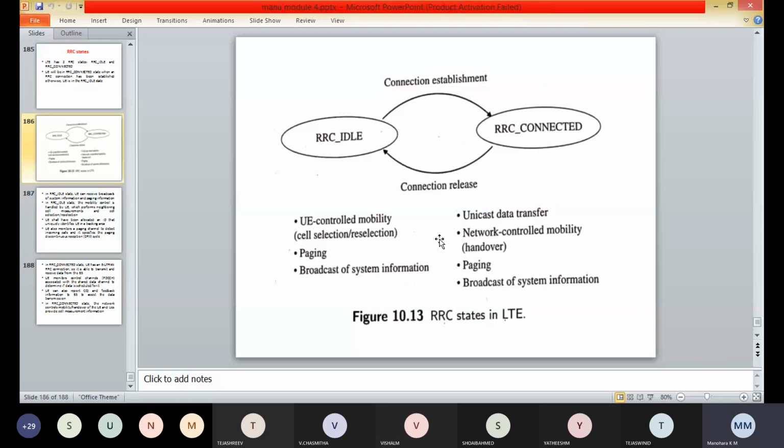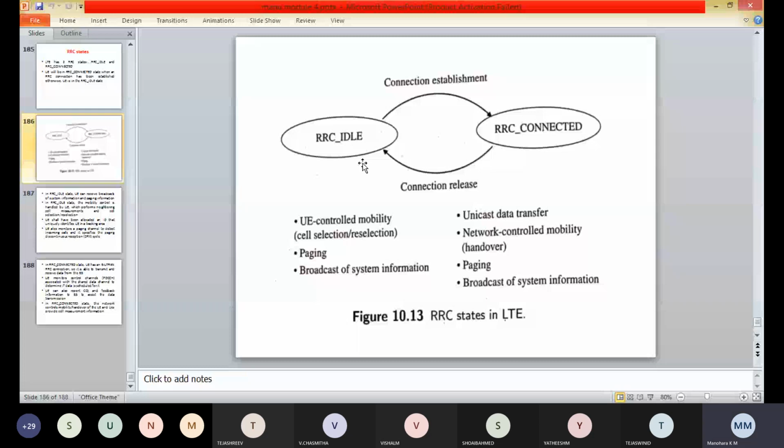In the RRC idle state, the user equipment also monitors the paging channel, which will detect the incoming calls.